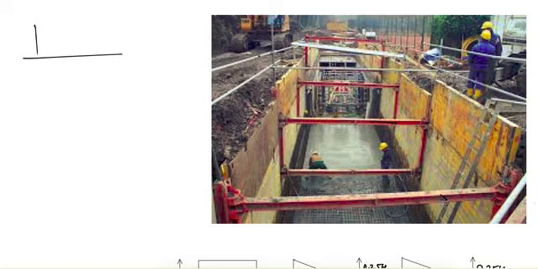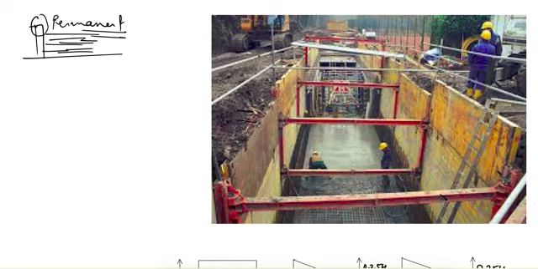Till now we saw the retaining wall, and in that case we construct the retaining wall and we keep our backfill or the soil behind the retaining wall. So this is a permanent structure, whereas in some cases we need to make this cut as a temporary thing, because for doing some construction we need to make this cut. So for that we need to have some arrangement to keep the soil in this vertical level.